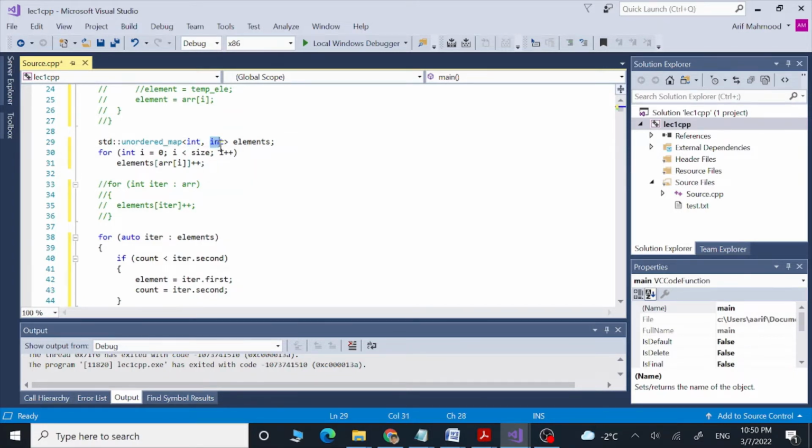So its count we are going to get here using this for loop frequency, and we are going to say that if that element's count is greater than our global variable count, which is initially 0, then we are going to say, okay, put the element, which is the first, into this variable.